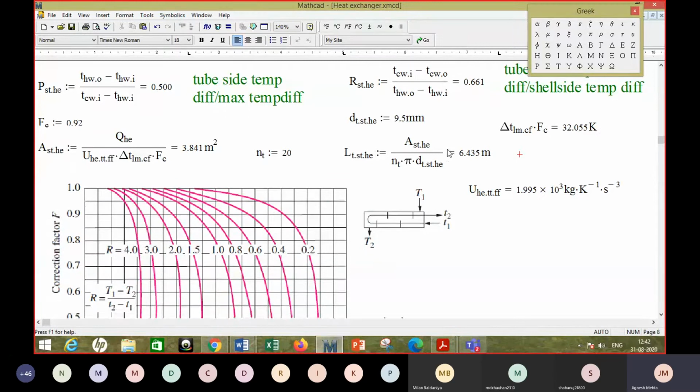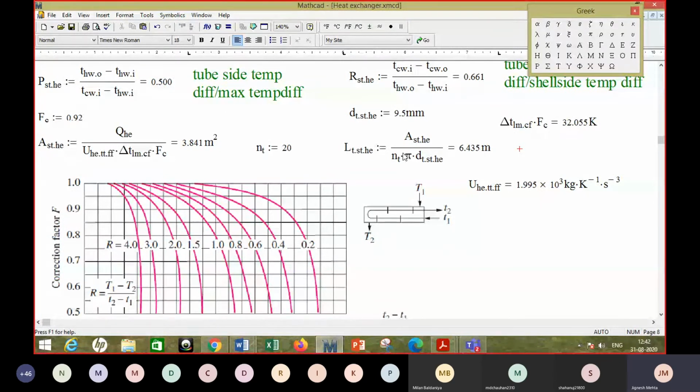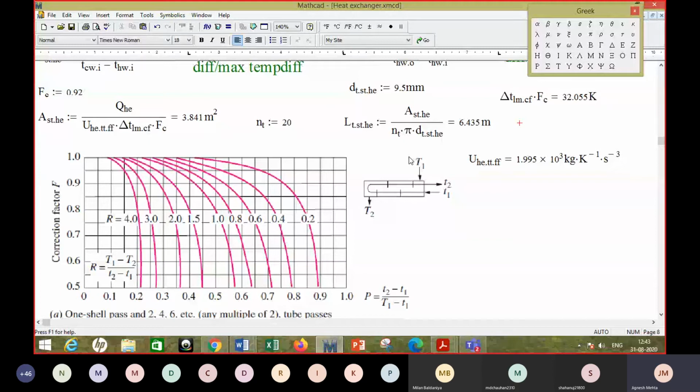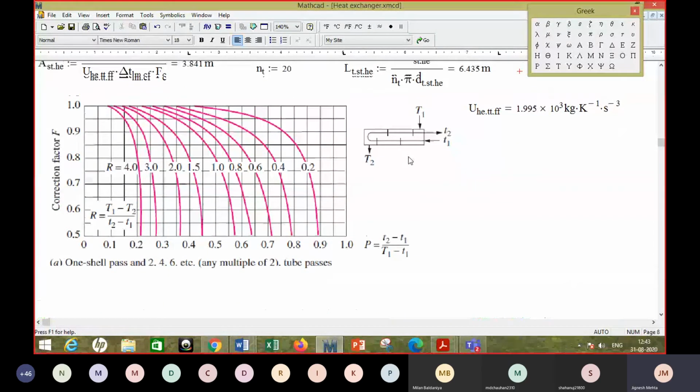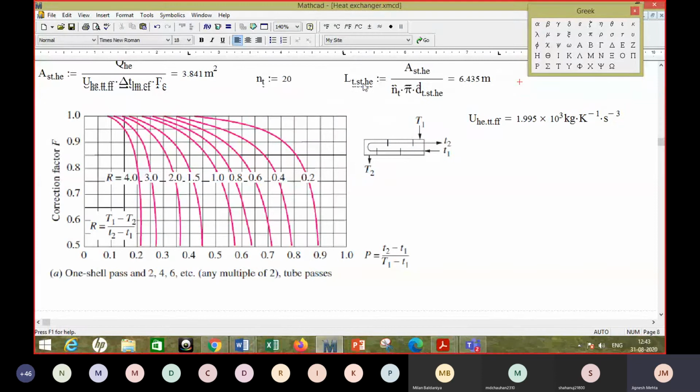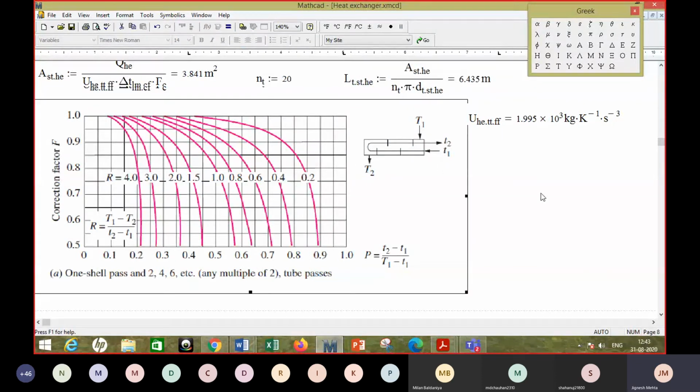So we are not going into that, but at least you can see that the length has reduced. It may be difficult to manage such a long length of 45 meters, right? But if you pack it in this 6.5 meters, it will be easier to have proper access to different parts of it and manage that much length, right? So this is about shell and tube type of heat exchanger, and an example is taken on that.